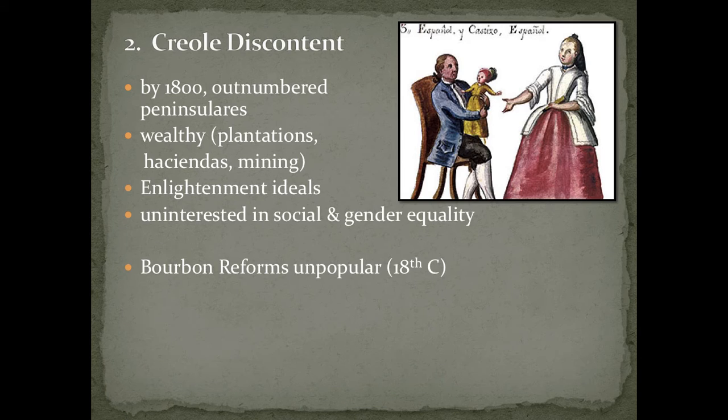However, because of their elite status, only second to the Peninsulars, fellow whites, the Creoles, because they're wealthy, because they're landowners, and because they have control over the economy in large part alongside Peninsulars, they are not really interested whatsoever in changing the social hierarchy, getting rid of the casta system. They want to maintain their specific power. The only change they would really like to see is kicking out the Peninsulars, sending them back to Spain.